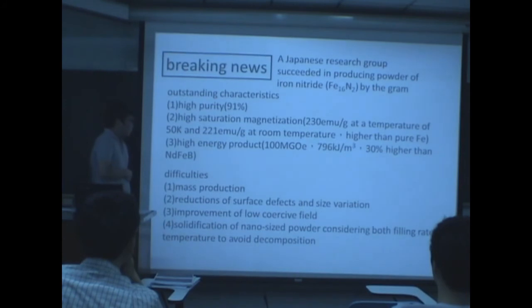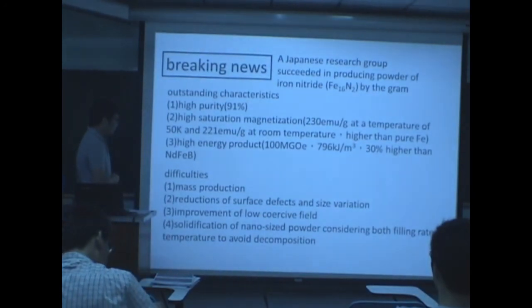However, to be a substitute for permanent magnets, there are still some difficulties: mass production and reproduction, defects and variation, and improvement of low porosity, and some